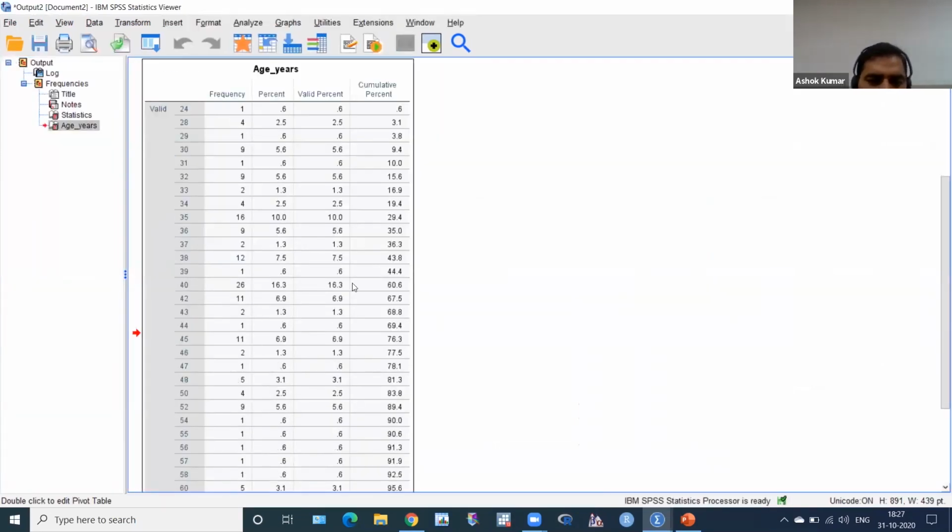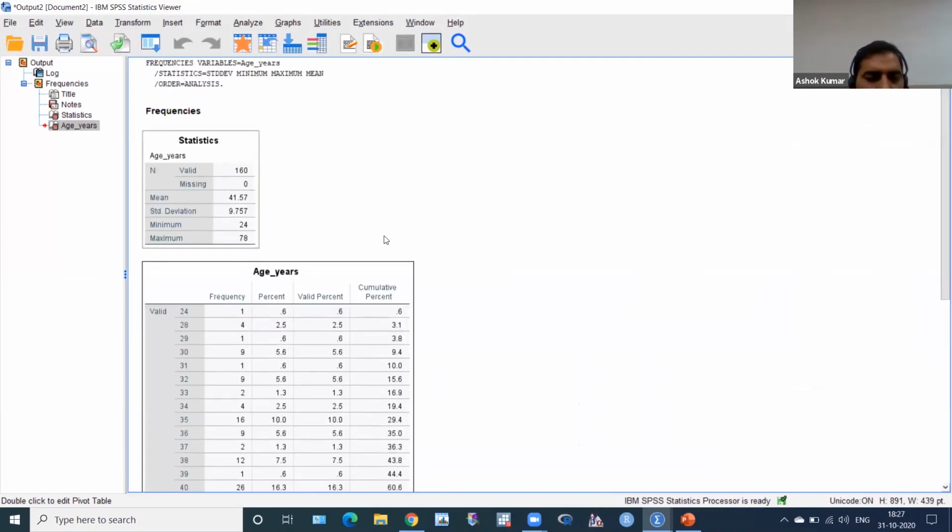I don't want this table. So what is the minimum? 24, and what is the maximum? 78. So I want to make categories: 30 or below 30, 31 to 60, and above 60.